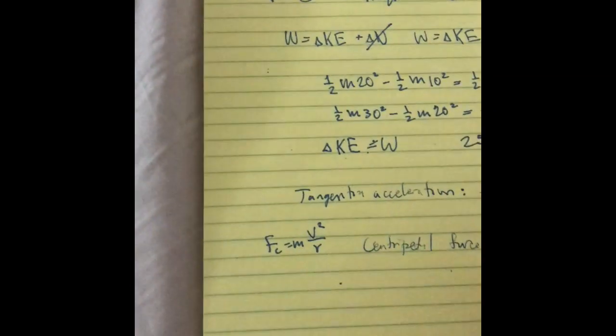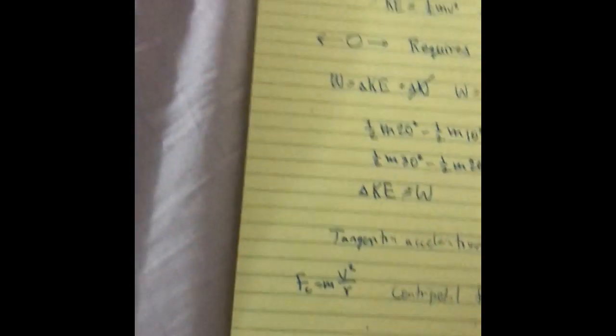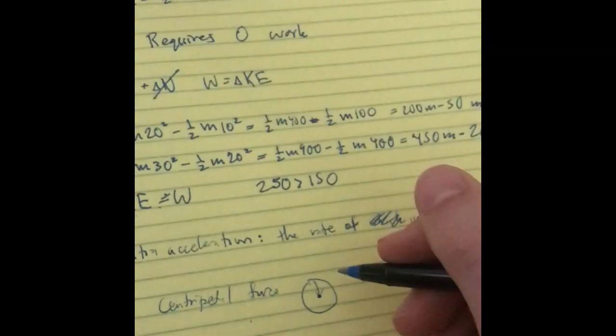Alternatively, centripetal force, which can be denoted as Fc, we have an equation for it, which is m times v squared over r. Centripetal acceleration would just be v squared over r, but the centripetal force is always towards the middle, and we can think about this force as